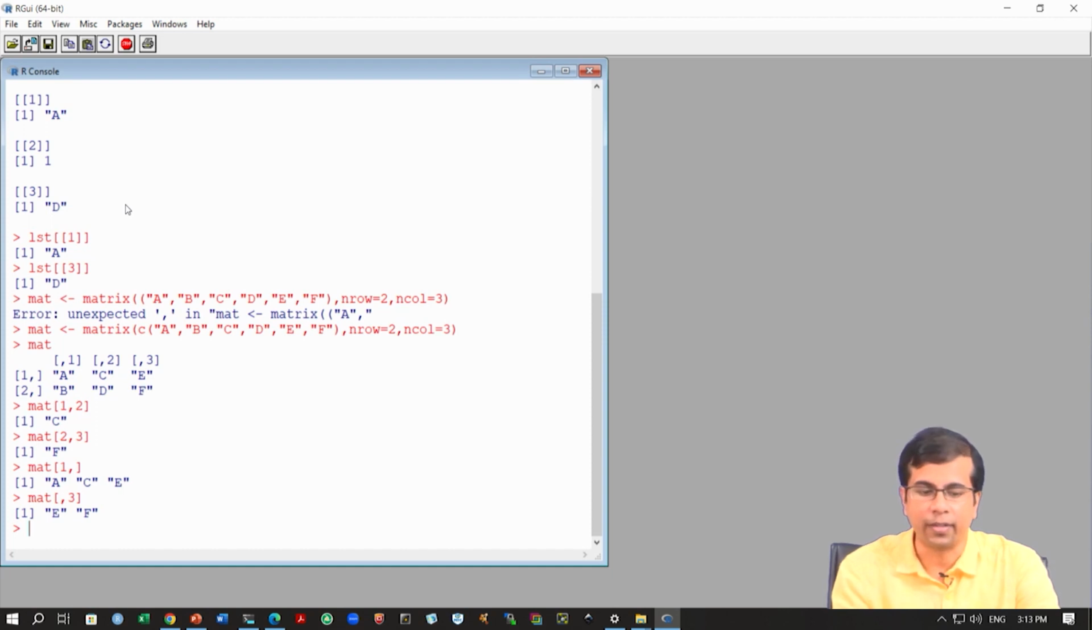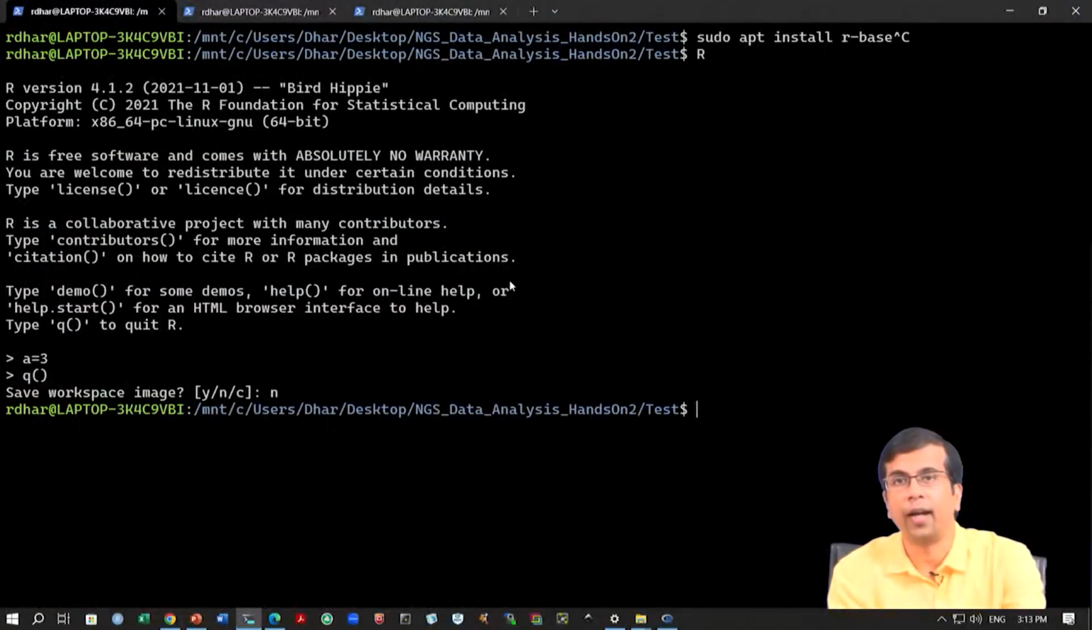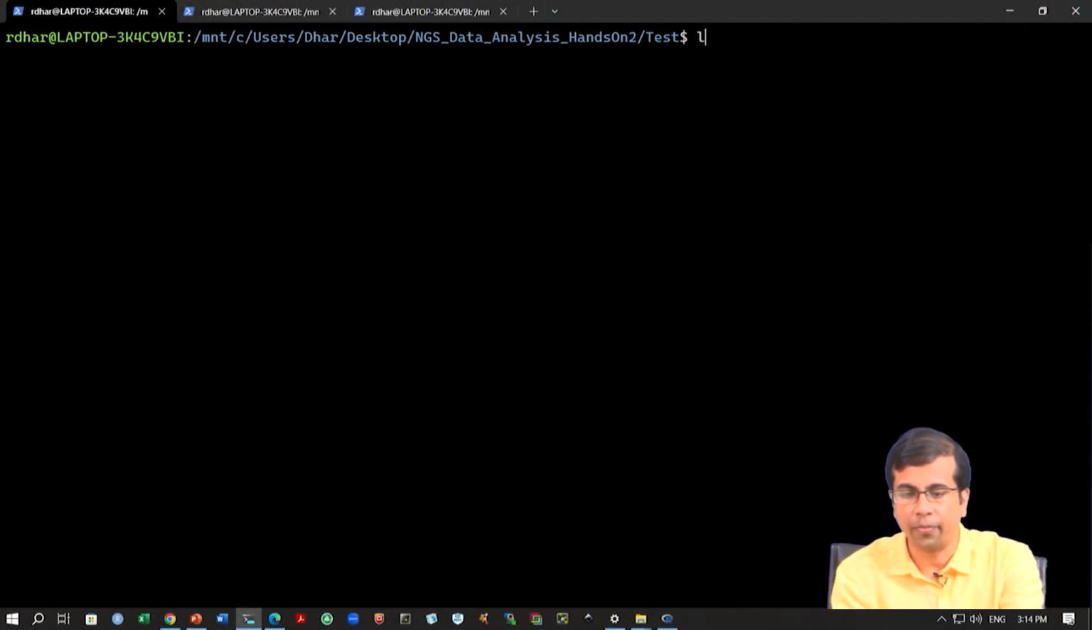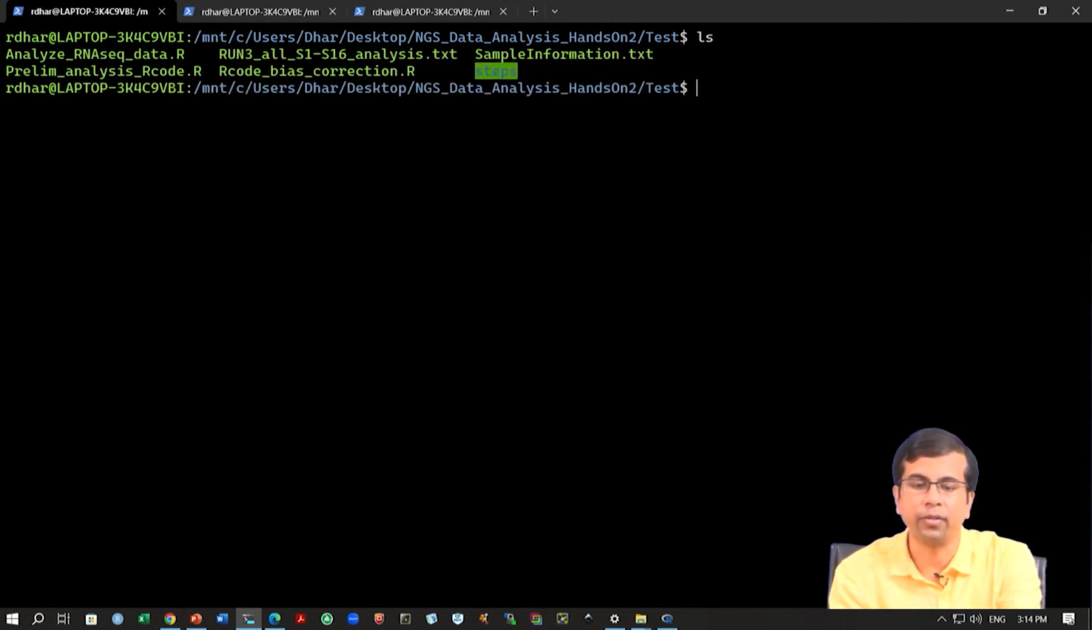Okay, so we will start loading the data first, but let us have a look at the data. For that I will go to the terminal, because here I have loaded the data. It is here inside this folder. So this is the ingest data analysis hands-on test, and this is the file that actually contains the raw count data. Okay, so we can check this in the terminal